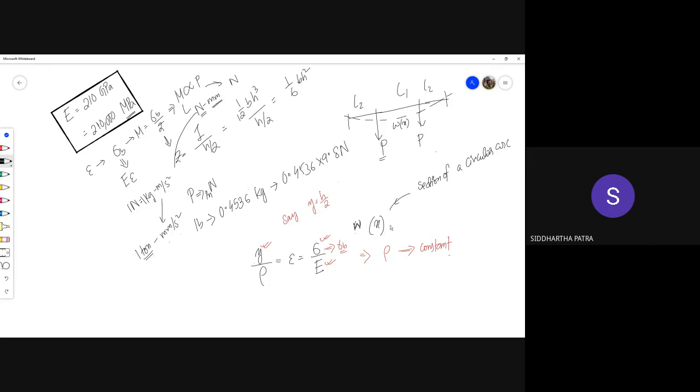Which basically means this W deflects in a circular arc, so there is some sort of equation like rho squared minus x squared. So W is something like this. But for example, if you have a cantilever beam with a tip load, you know that the bending moment changes linearly, and the cantilever beam deflects in a cubic equation. So W of x is a cubic function.